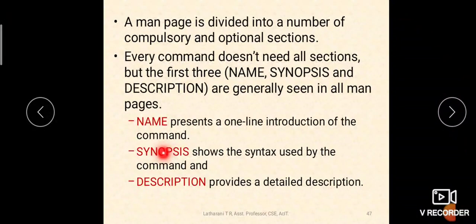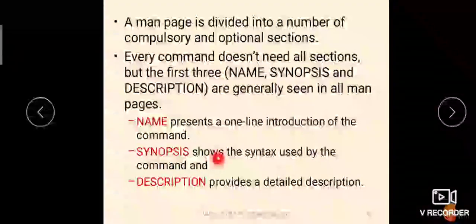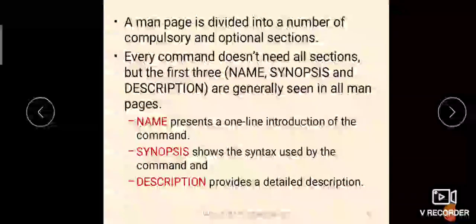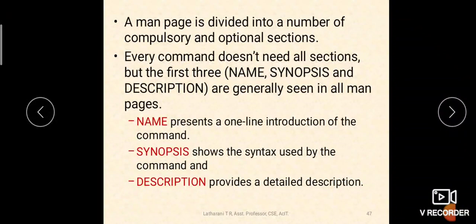Then synopsis, what will it give? It shows the syntax used by the command. Synopsis gives you the syntax in which the command is going to be used. That means whether options are available, whether you can give arguments, and how many arguments you can give, all those things will be present in the synopsis.